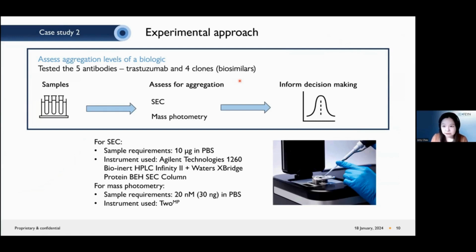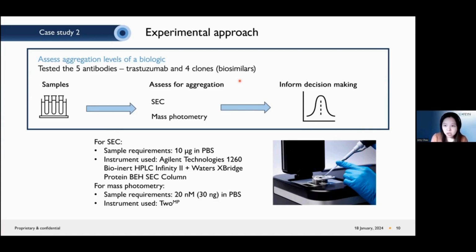In size exclusion chromatography, the sample goes through a column where the species are separated based on the molecular sizes. And so the largest molecules will elute first, followed by smaller species. And the resulting chromatogram will show on the y-axis the UV absorbance of each of the species, separated by